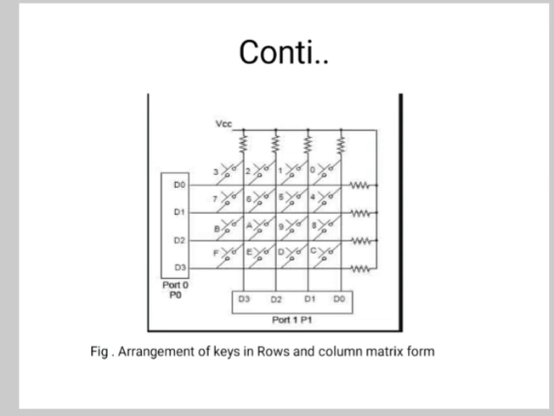Looking at this picture, we might be wondering that the same output will be produced if any of the keys in the D1 column were pressed. To find the row which has the pressed key, the microcontroller grounds the rows one by one and checks in which case the column is logic 0. So this helps the controller to find out which key is pressed. Now to summarize, when the key is pressed, the column containing the key is driven to logic 0. The microcontroller then checks each row and identifies the row where the button is pressed.